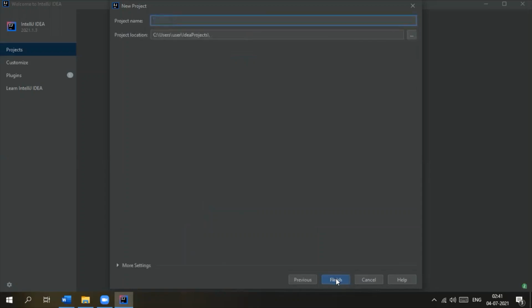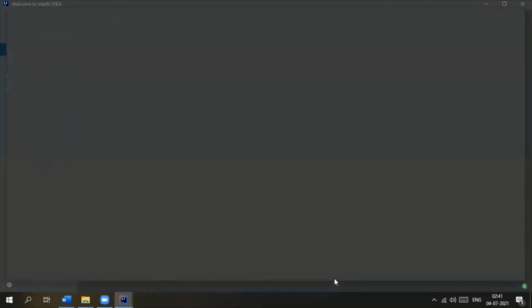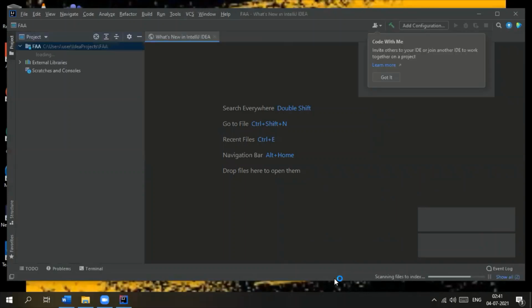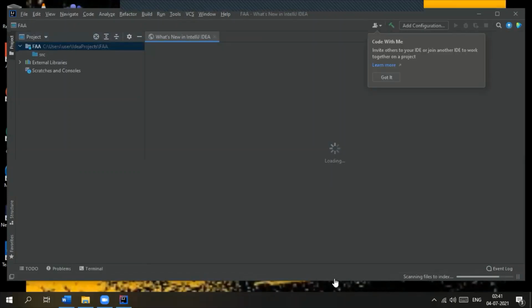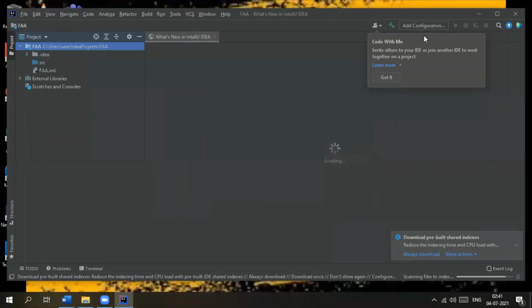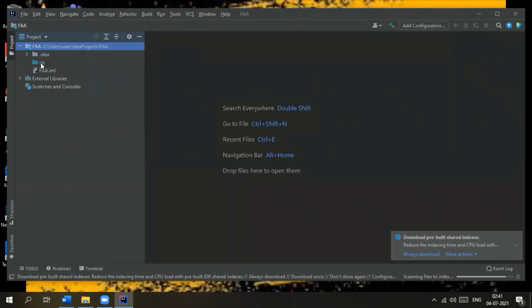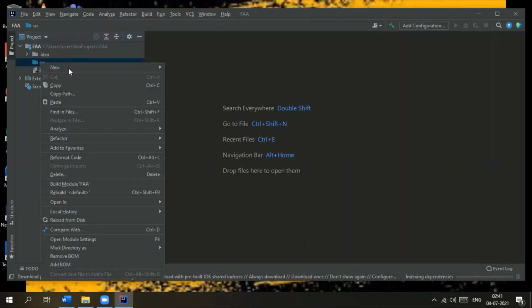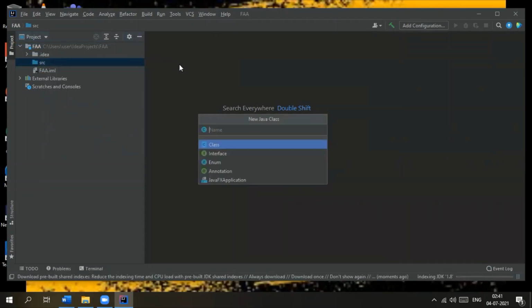And for the project title, I'm just typing some name. I'm closing the tips. In the source folder, I'm right clicking it, and then I'm creating the Java class. Even in this case, I'm creating the Java class only, and I'm writing my applet name as FA.